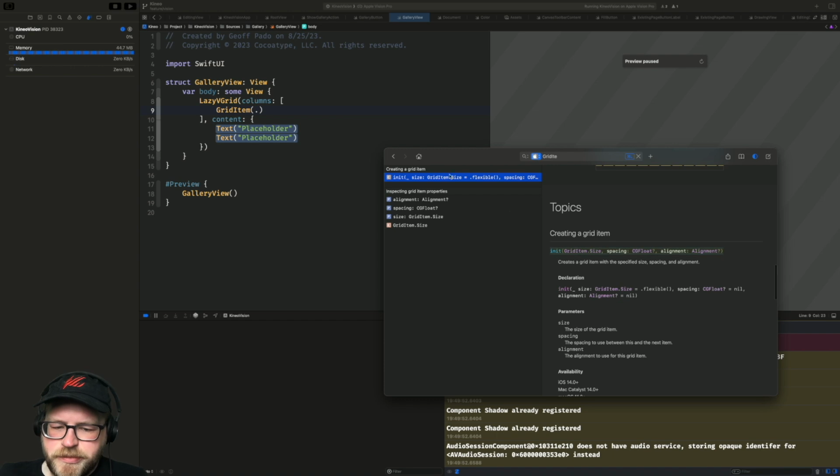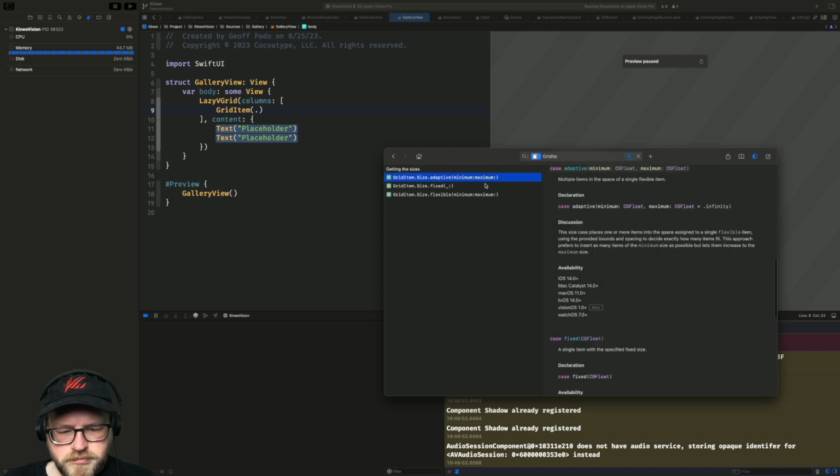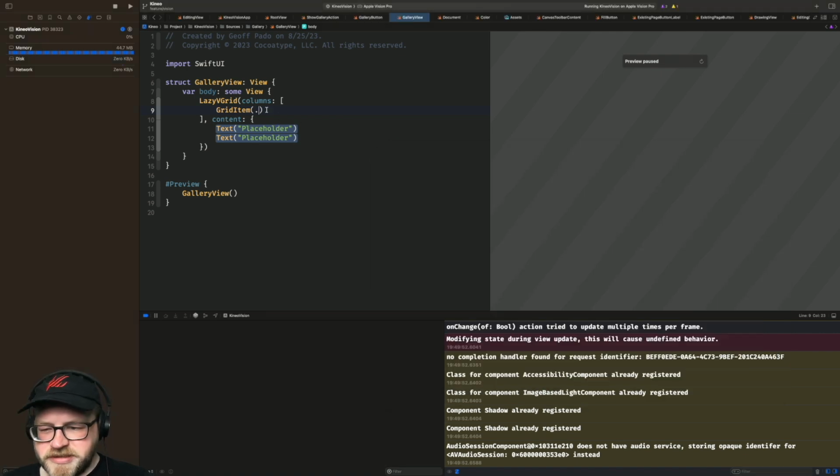I mean, that sounds like what we want. The size case places one or more items into the space assigned to a single flexible item, using the provided bounds and spacing to decide exactly how many items fit. The approach prefers to insert as many items of the minimum size as possible, but lets them increase to the maximum size. Okay, so I think that is what we want,